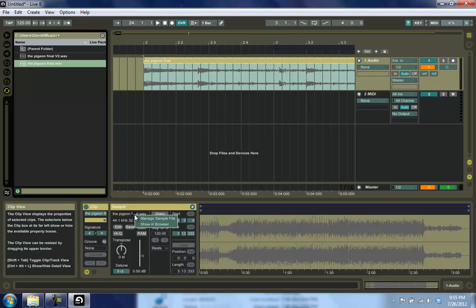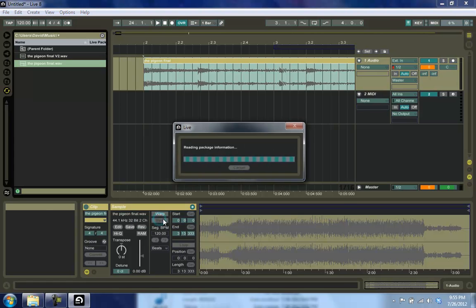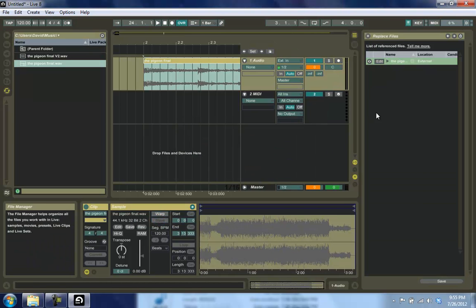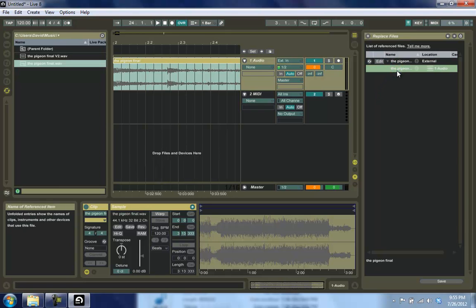If you right click on this, you can do the same thing. You can say show in browser, or you can manage sample file. Now when you manage the sample file, you'll notice that you can come over here, click on this. It shows you the file itself, and what you can do is click on this button right here that says